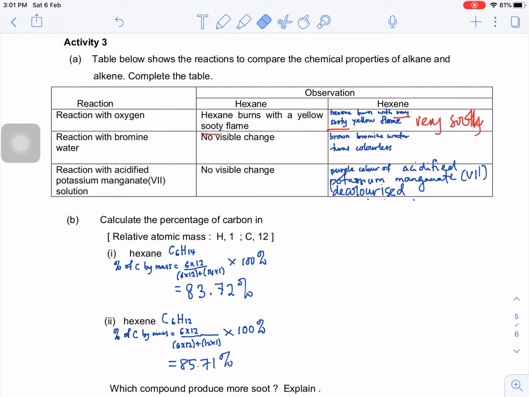Very sooty flame. Okay, normally kalau nak buat eksperimen, kita akan guna hexane dengan hexene. Use in lab. Why? Because